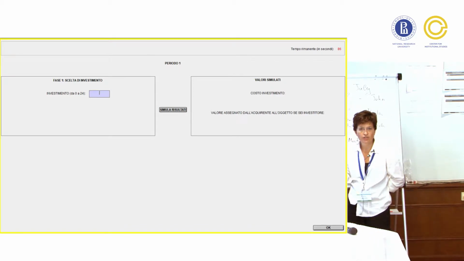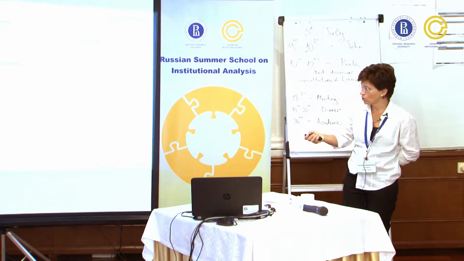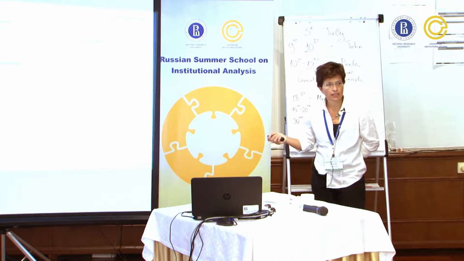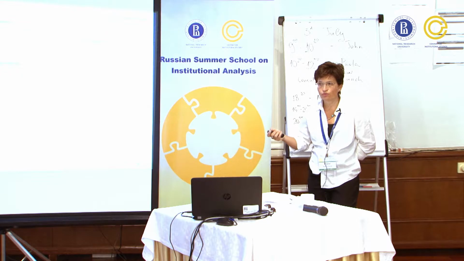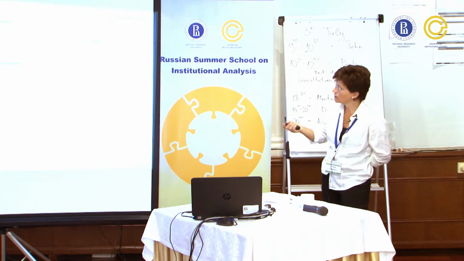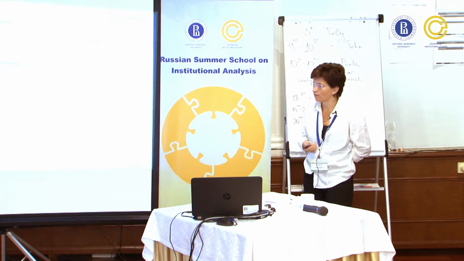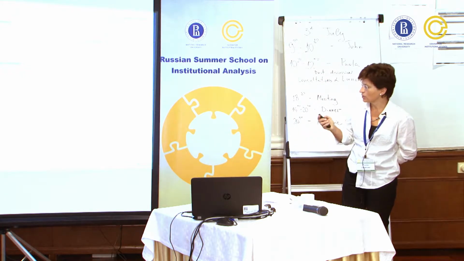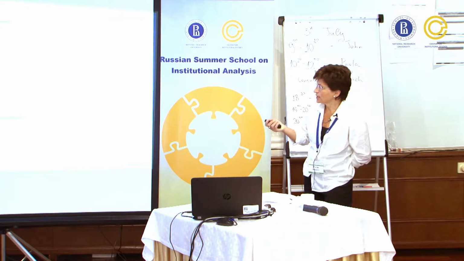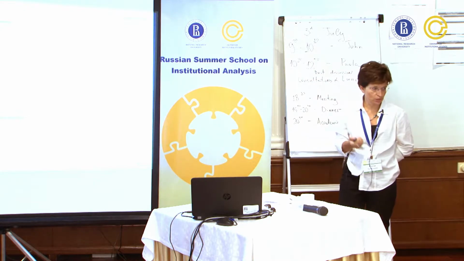So you do not even have to calculate it yourself, because it appears here. And below, this is the value related to your investment choice and the value for the buyer, okay? If you remember, the value of the innovation for the buyer is related to the level of innovation. This is exactly what they will decide in the first screen, in the first phase, and what they will see. In the second screen, we are still in period 1. They know what time they have to make this choice.